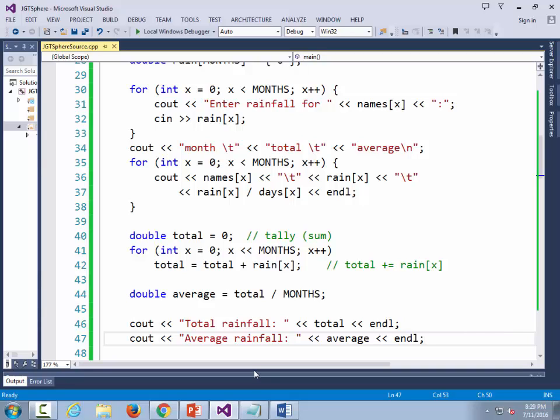Drop that. That's bizarre. It may not be recompiling it because